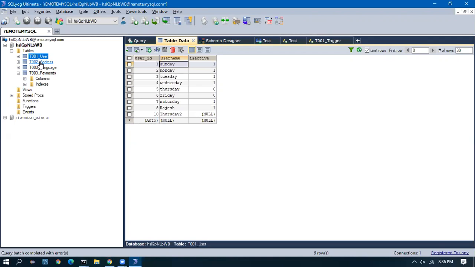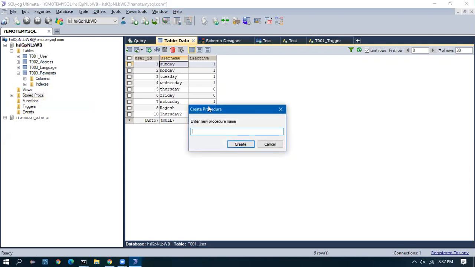Step 3 is update this table. Step 4 is delete from this table. So if we have a series of steps to be performed, then stored procedures are the best thing you can use. We can provide a list of steps that has to be followed in the stored procedure.